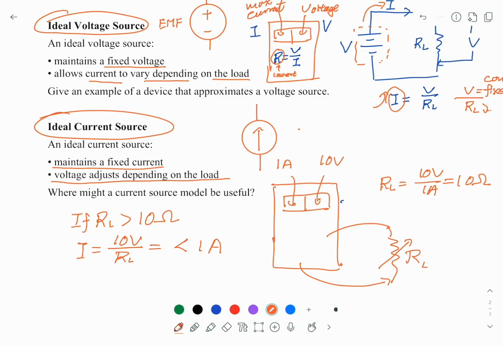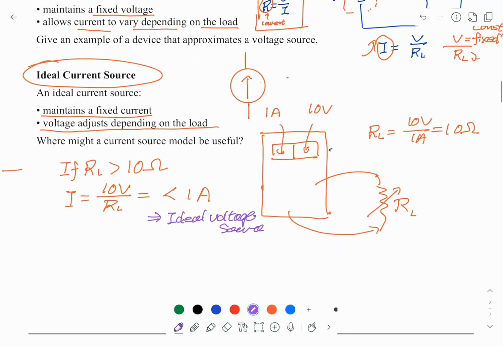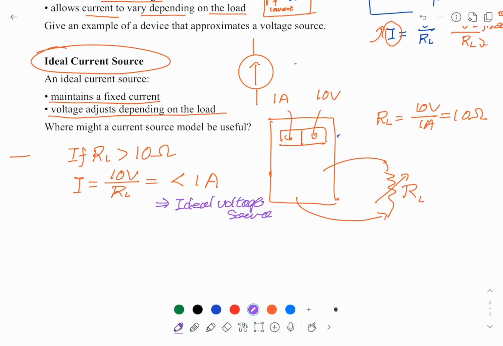So in this case, this output will behave like an ideal voltage source. As long as the R is bigger than 10 ohm, you can have any resistance outside, and the current will just adjust according to Ohm's law. Next, if